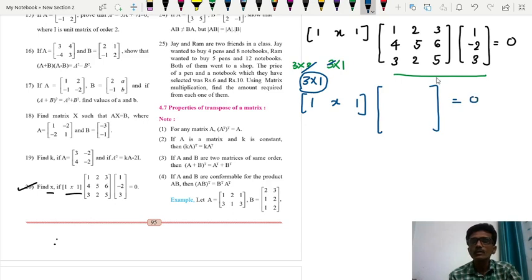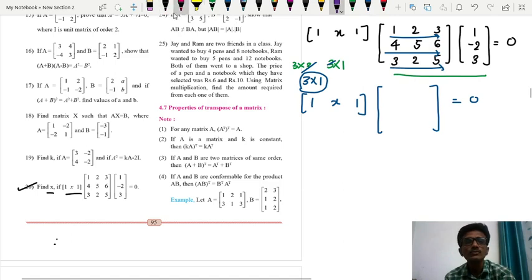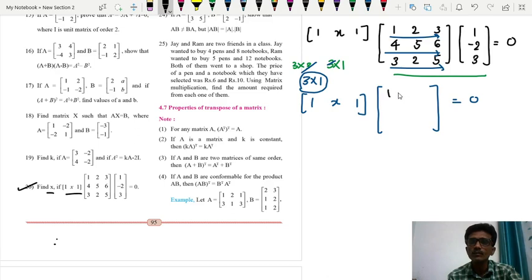This is 0. So first row into column, second row into column और third row into column. So let's do this multiplication. 1 into 1 plus minus 4 and 9. Then second row into column, that is 4 minus 10 18. Third row into column, that is 3 minus 4 15. So it will be equal to